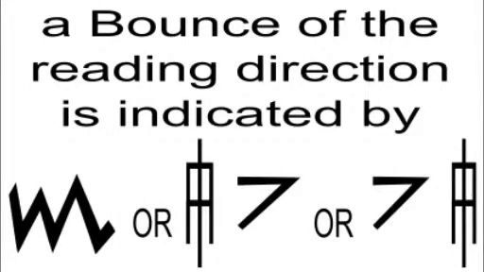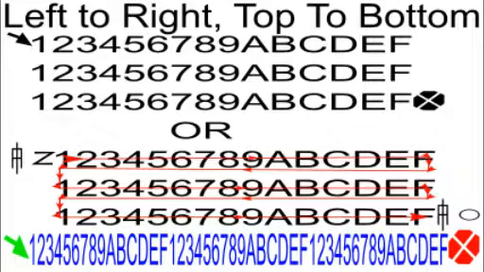A bounce of the reading direction is indicated by the hexadecimal number e1 or by its reverse the hexadecimal number 1e or by bouncing line pictograph. This is how you make the normal left to right top to bottom reading order that English uses. The number is just 1 to F in order repeated to make the order easy guessing, and for teaching, it